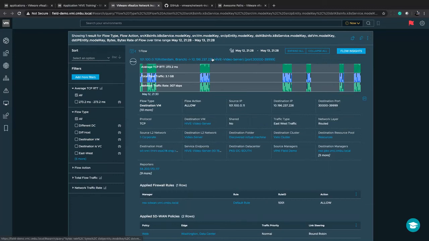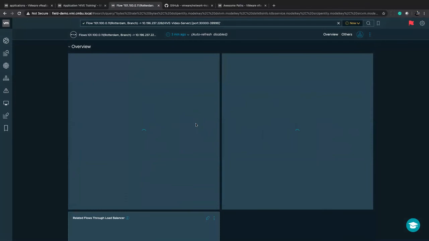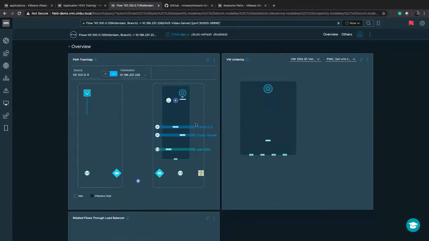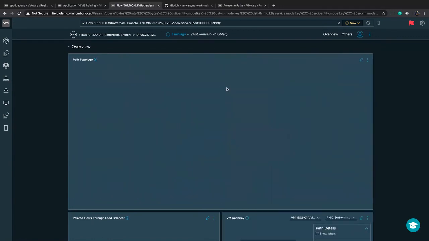And then I can even take it a step further and say, I want to see what the path looks like from my end user going to the front end of my application. So now I'm going to open up and see a layer 3 view and a layer 2 view of the multiple hops that this end user is taking from the Rotterdam branch over, in this case, the SD-WAN overlay into our data center. So if I maximize this view,